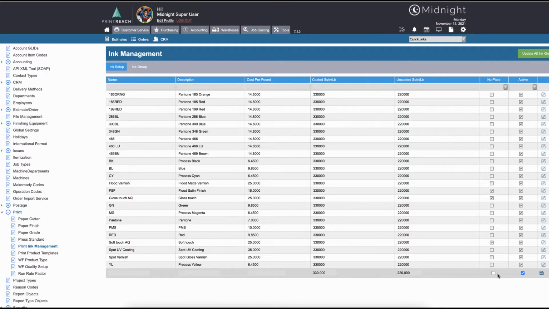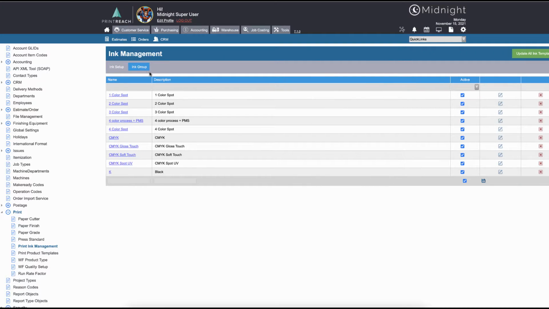The other option we could choose is whether or not this ink would generally get a plate. An instance where you would say no plate is, say, on an aqueous coating where you would always flood coat. Now, once you have your ink set up the way you want, then we can go into ink groups, and